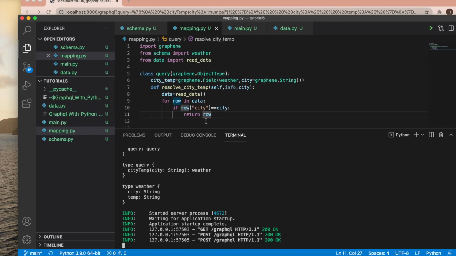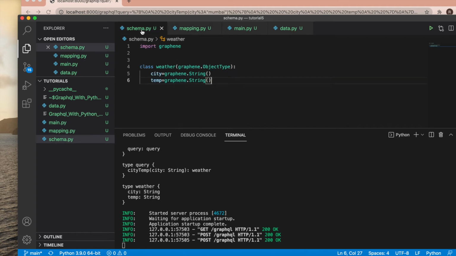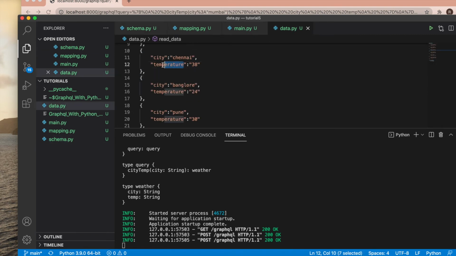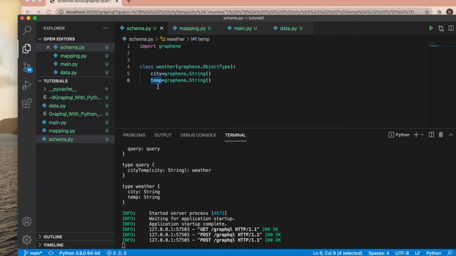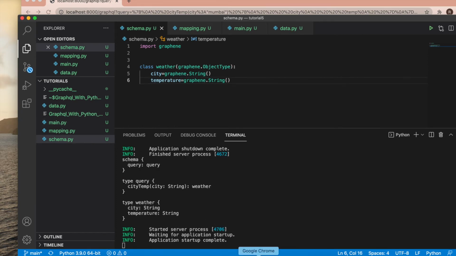So city, then row is this, temp is this. If you see here, our field is called temperature like this, so that is why I got this. I need to change my schema, then it will work. So now this should work. That is how it is.